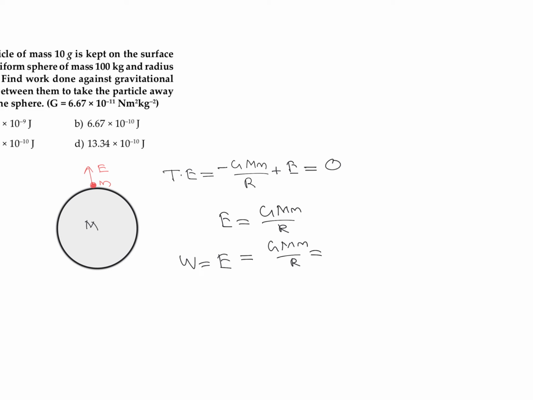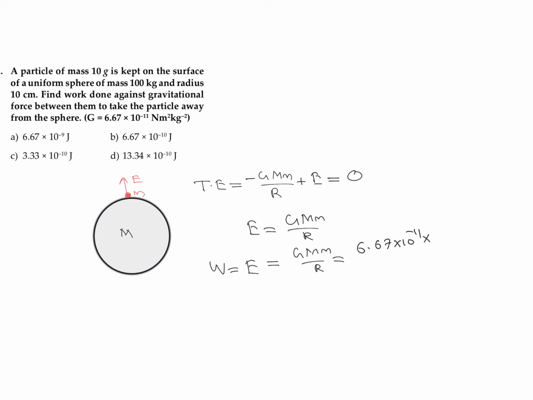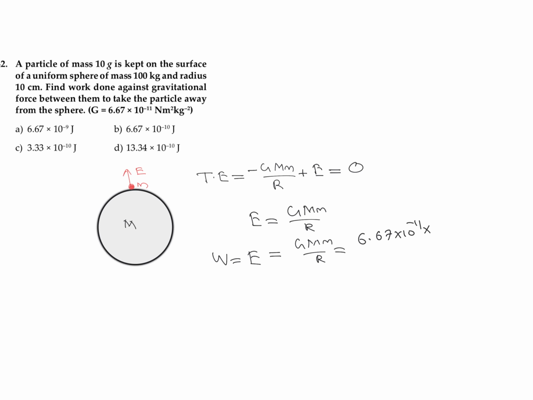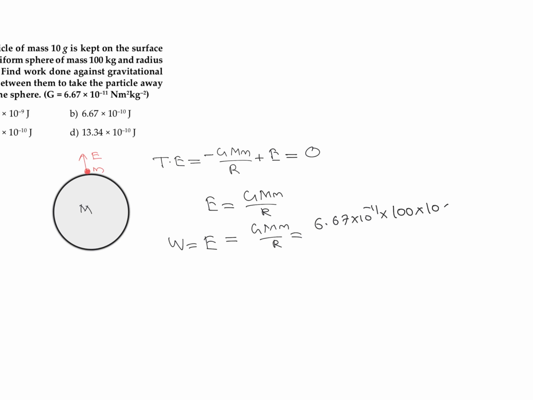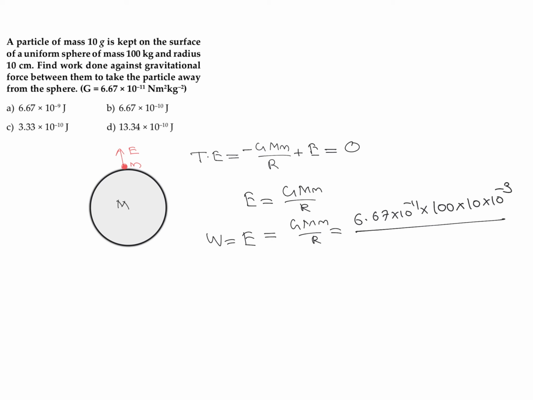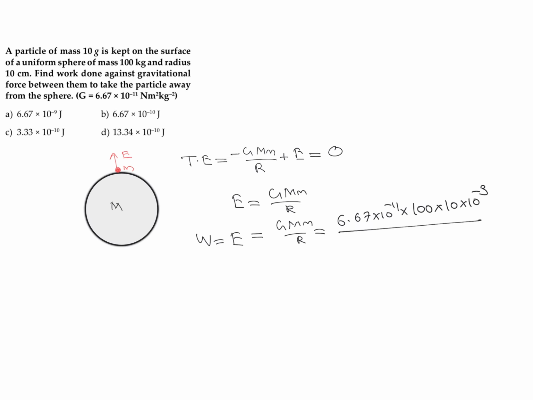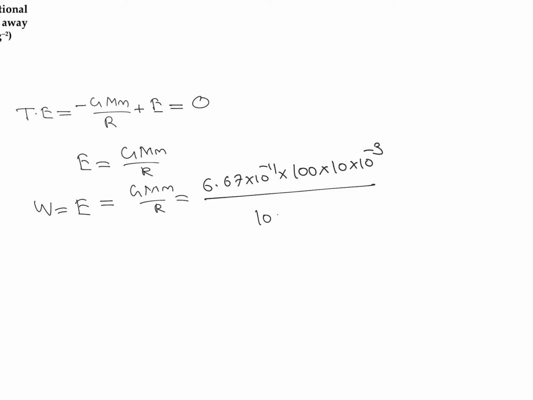Now we can calculate it. We know that the value of G is 6.67 into 10 raised to minus 11. The value of M is the sphere's mass, which is given as 100 kilogram, into the particle of mass 10 gram, which we can take as 10 into 10 raised to minus 3 because we need to convert it into kilogram, divided by the value of radius. Radius of the sphere is given as 10 centimeter, so we can take it as 10 into 10 raised to minus 2 to convert it into meter. So this is going to give the value of energy, which is equal to